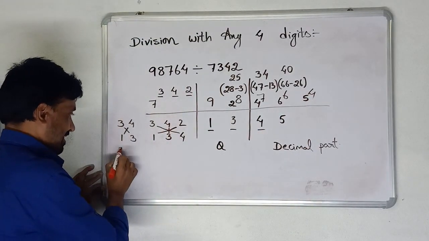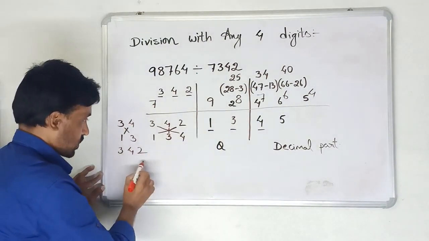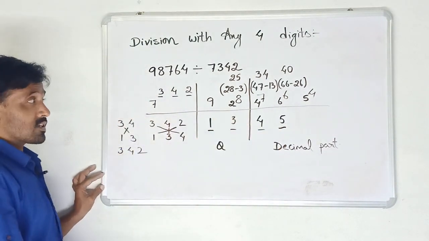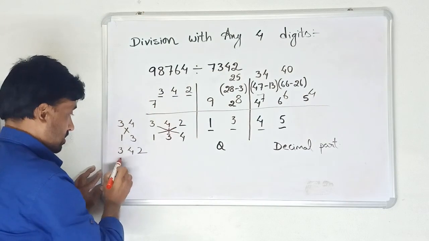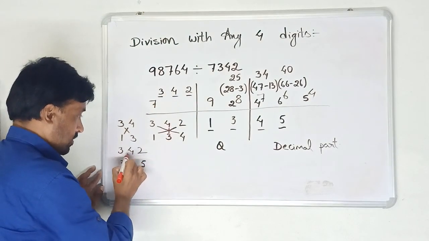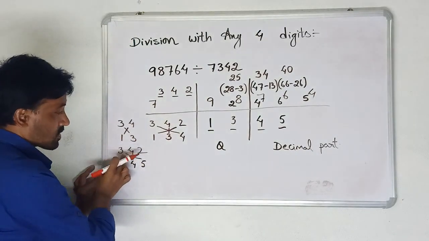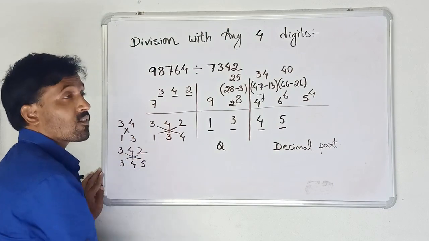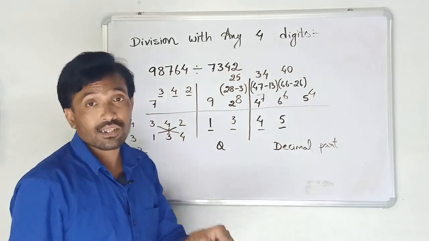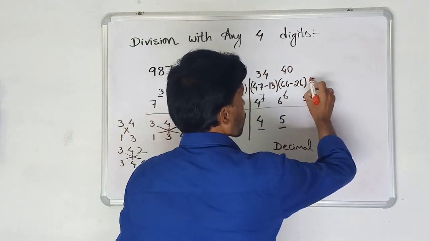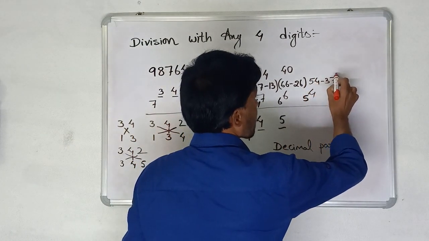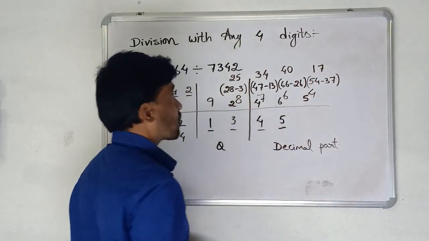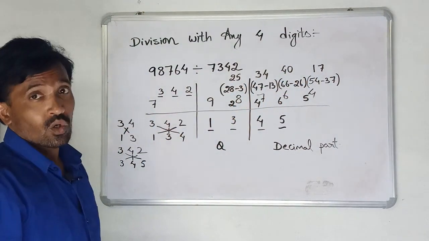Again, under the suffix 342, we take the new quotient along with the previous 2 digits, because there are 3 suffix values, so 3 4 5. Now again do the same thing with cross multiplication. 3 times 5 is 15 and 2 times 3 is 6. 15 plus 6 is 21, and 4 times 4 is 16. 21 plus 16 is 37. From 54, 37 is to be subtracted: 14 minus 7 is 7, and 4 minus 3 is 1. 17 divided by 7 is 2 times.